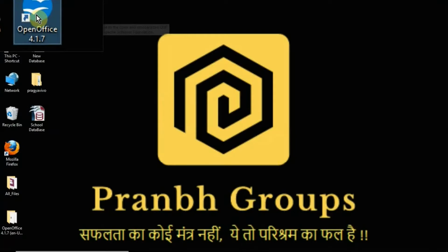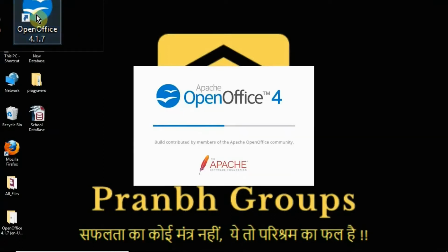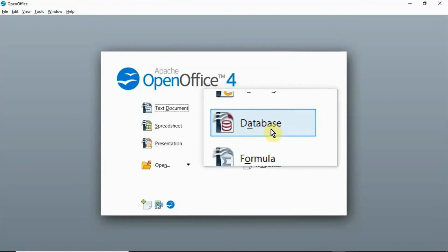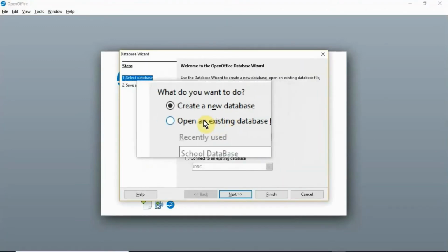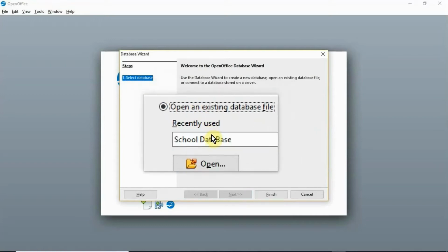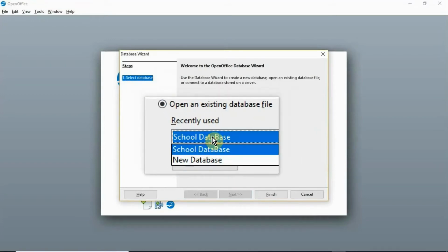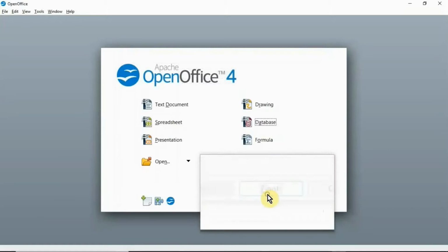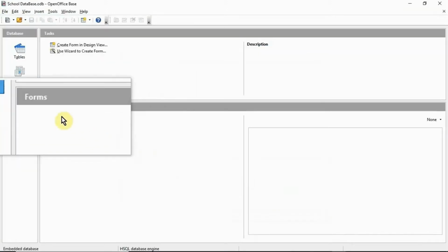Firstly, open LibreOffice 4.1.7. Double click on the icon and then click the database, and the Database Wizard window will appear, and here you select create a new database or open an existing database. So I'm selecting here the second one, open an existing database, and then select your record here and then click the Finish button. Database is opened,